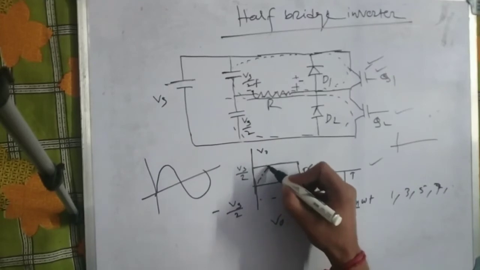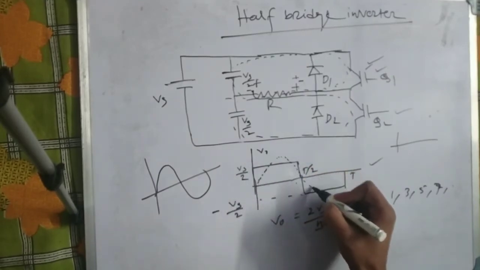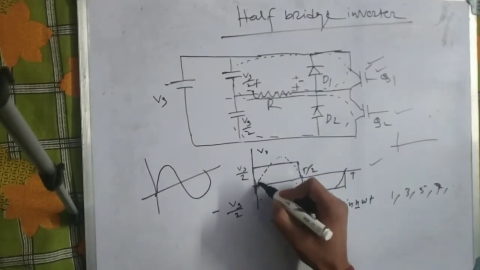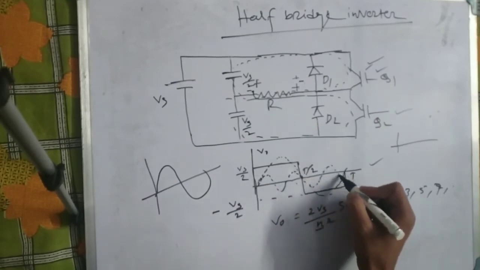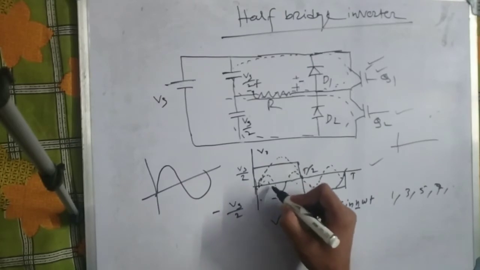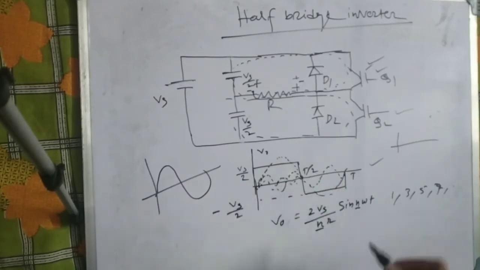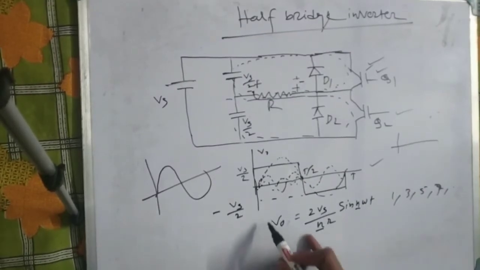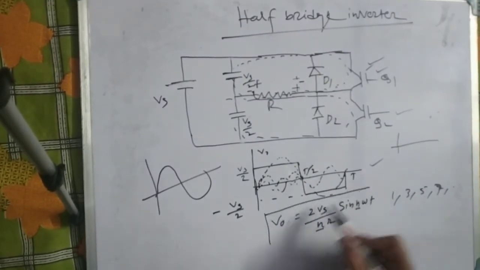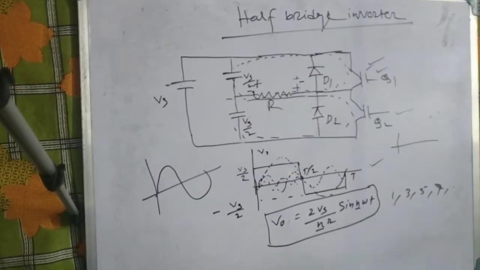If we do Fourier analysis, this is this type of sinusoidal. Third harmonic means this type of graph we will be getting. Fifth harmonic means we have a... so if we sum them, we will be getting a square wave. If we Fourier analyze this, we will be getting this type of voltage.